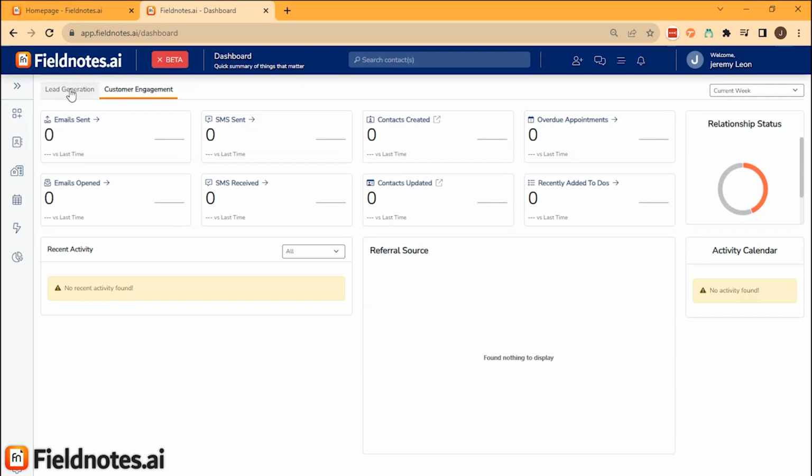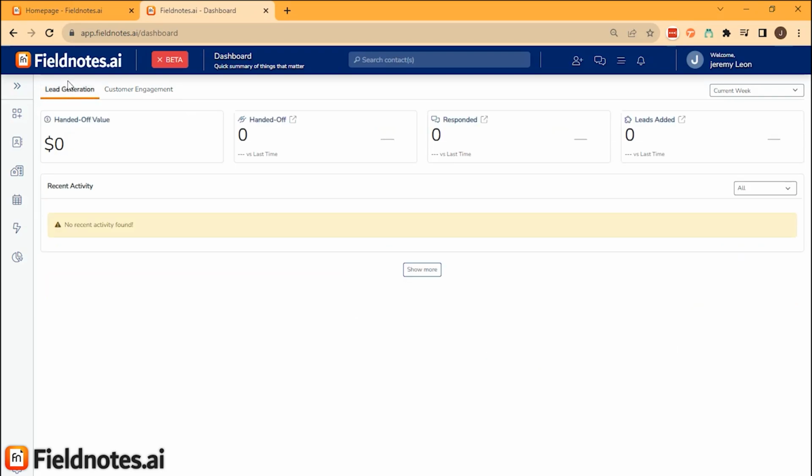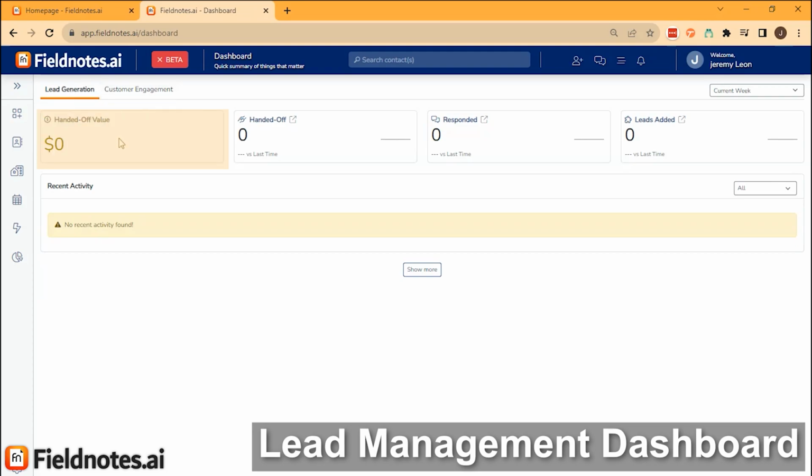Here we've got two different dashboards. If you are lead generation and lead management clients, you'll see this is the kind of dashboard you have available. For other customers that don't have access to lead management, you can see customer engagement. So here in the lead management, you'll get the handoff value, you'll get a list of handoffs, plus you'll be able to see who's responding to what communications, and you can see here how many